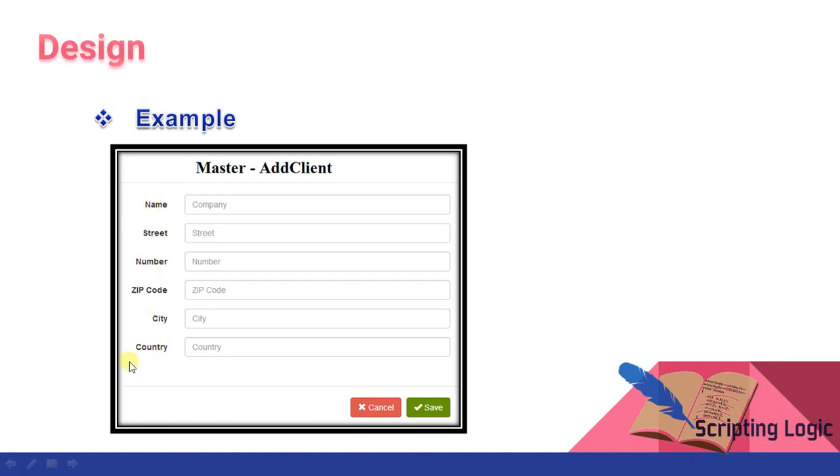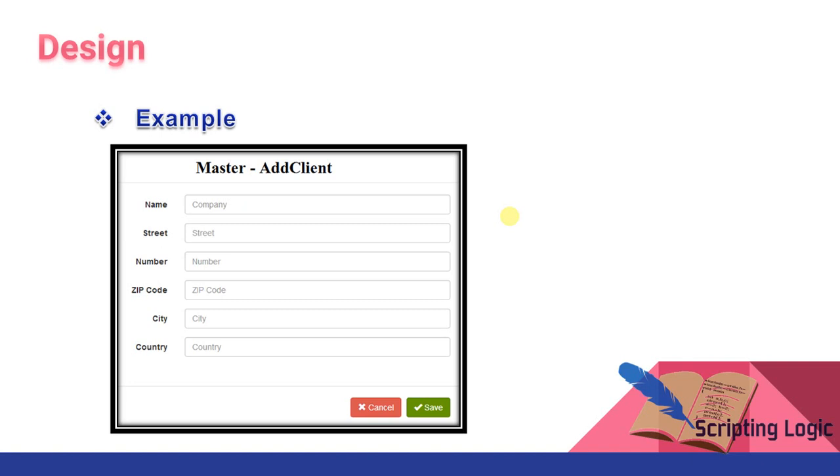So having these fields, name, street, number, zip code, city, country, in the database design we add this table, and similarly for the other forms or other models we do the design of database, as well as we divide the business logic into different models.